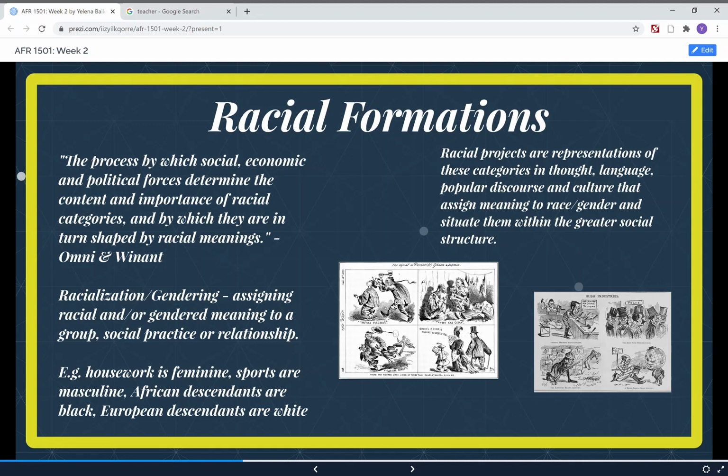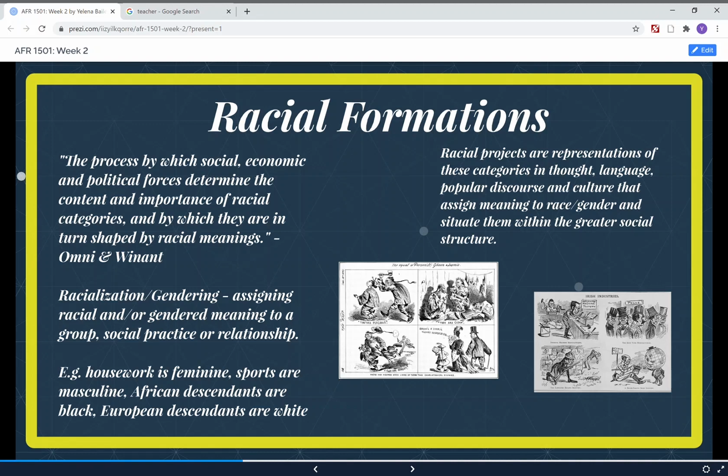So it almost becomes this kind of self-fulfilling prophecy in a way. My point though is that when I had you close your eyes and envision something, we have been socialized to see certain things in certain ways. So you don't need to feel guilty about that, but what's great about classes like this is it gives you the opportunity to understand why it is that if I tell you to picture the ghetto, you're going to picture a city and you're going to picture black people probably. Why is that? Well, that's what we're going to get into in this class.